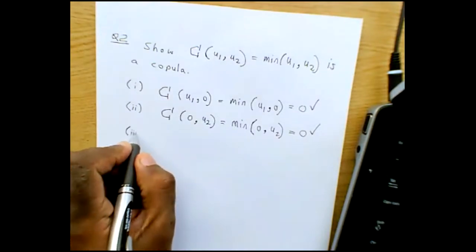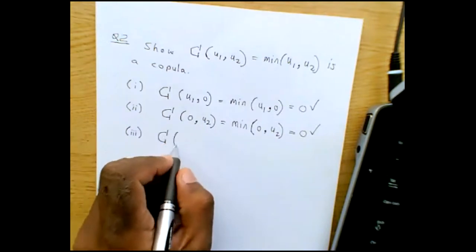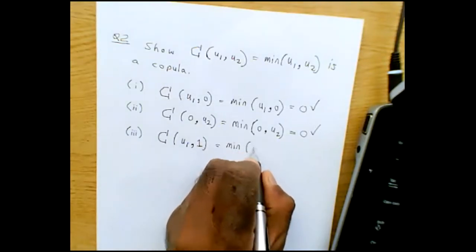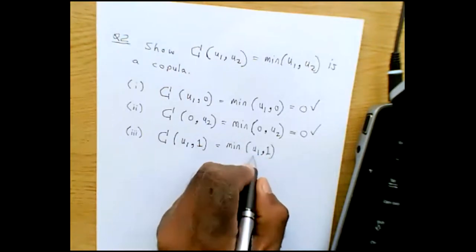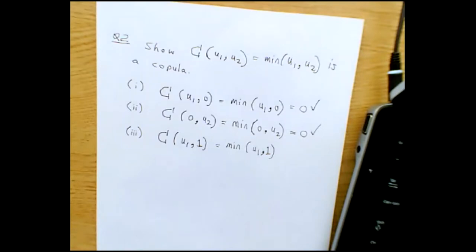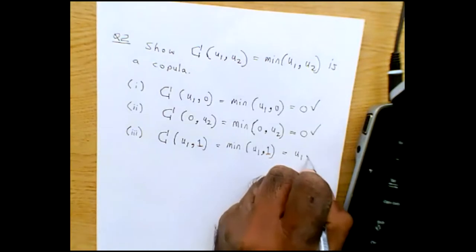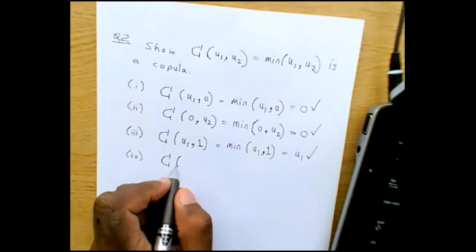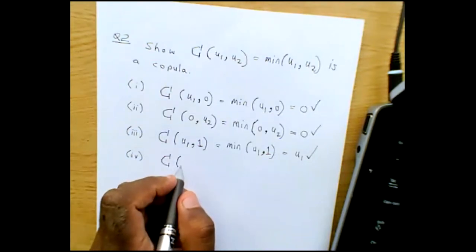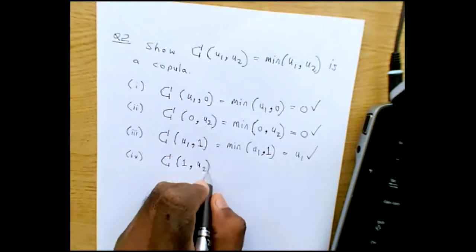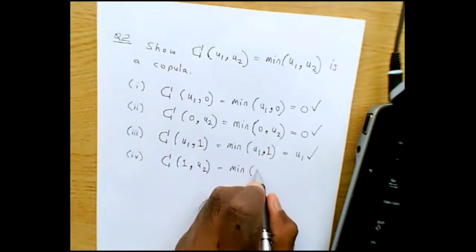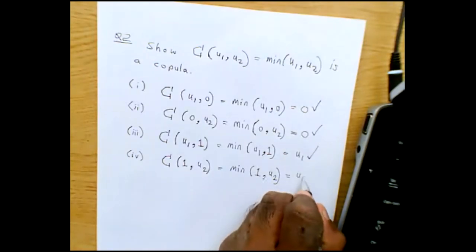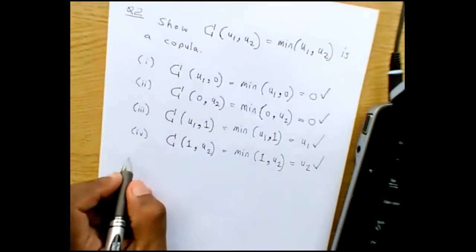Condition 3, C(U1, 1). So this is the minimum of U1 and 1. Remember, by definition, U1 is a number between 0 and 1, right? So the minimum must be U1, right? So this condition is satisfied. And condition 4, I did the other way around, it's okay. It's C(1, U2). So this is the minimum of 1 and U2. Now, once again, U2 is a number between 0 and 1, so the minimum must be U2. Okay. Now, condition 5